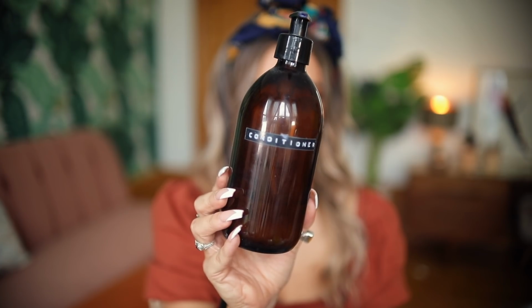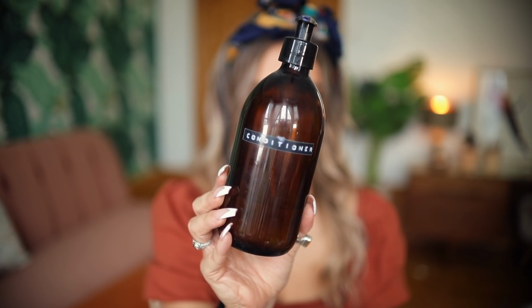My next storage thing is these amber glasses, which again I got from Amazon. I hate shampoo bottles and packets and tins. I just like things to look kind of cohesive and satisfying. So I bought these big amber bottles to depot my conditioners, shampoo, shower gel, hair masks into these, and then